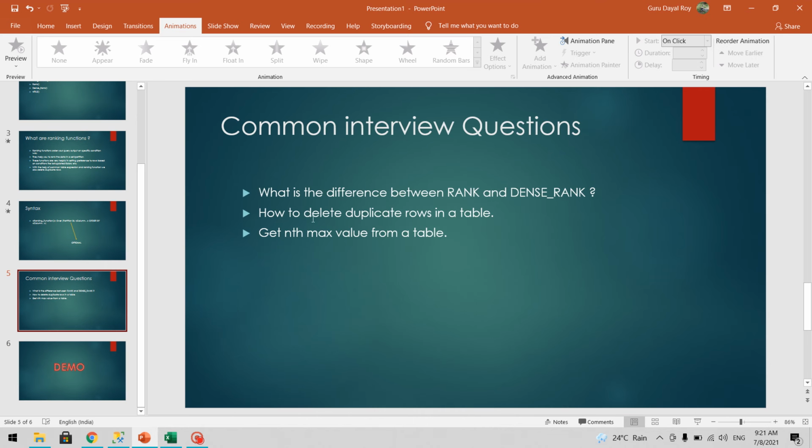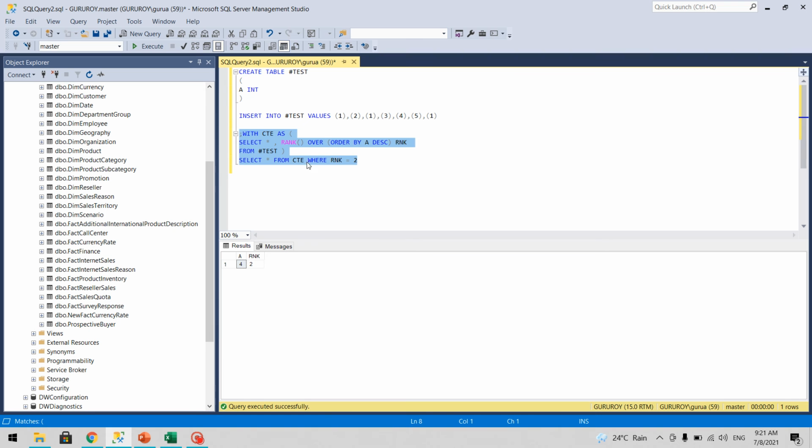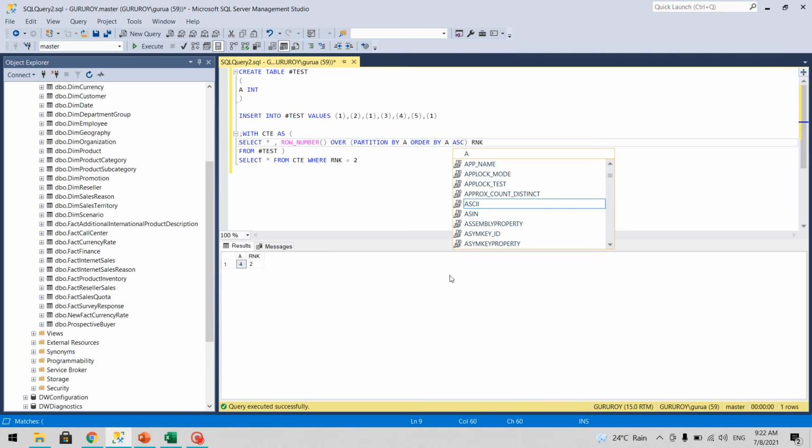Now, how to delete duplicates. Since here we have multiple ones, we can delete 2 of them, and for that we'll again use row number, and here we will need partition by A. Since we have the same value, this doesn't matter, but in case we had a different column like last update date, we would probably have deleted the duplicates based on that.